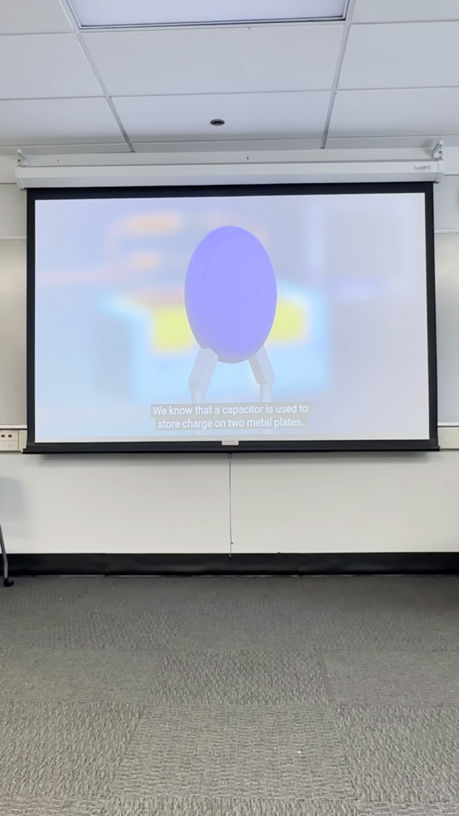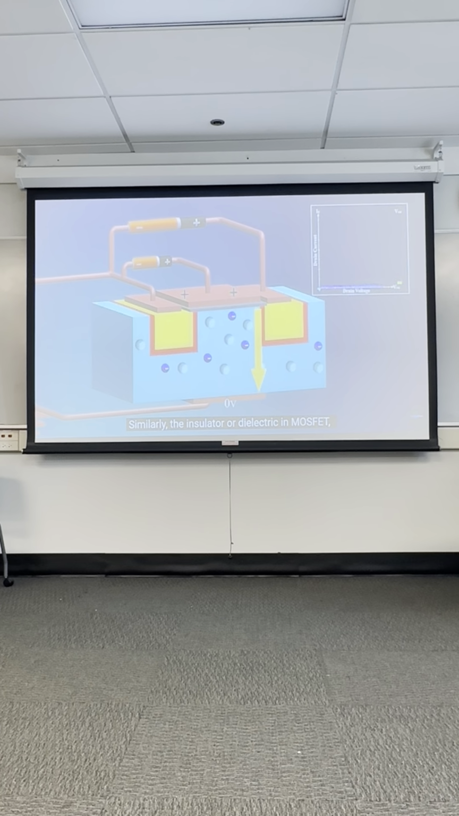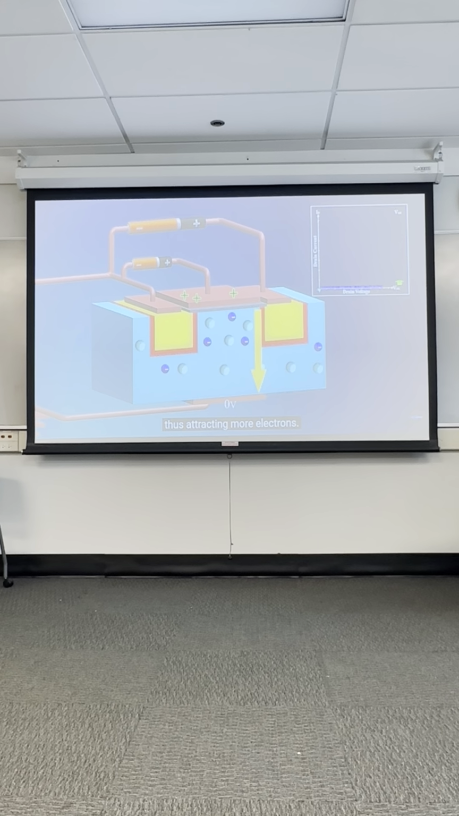We know that the capacitor is used to store charge on two metal plates. Also, we can increase the capacitance by placing an insulator or dielectric between the plates. Similarly, the insulator or dielectric in MOSFET not only blocks the electrons, but also increases the charge on them, thus attracting more electrons. Now, if we increase VGS, more electrons get attracted towards the gate, and these electrons start filling